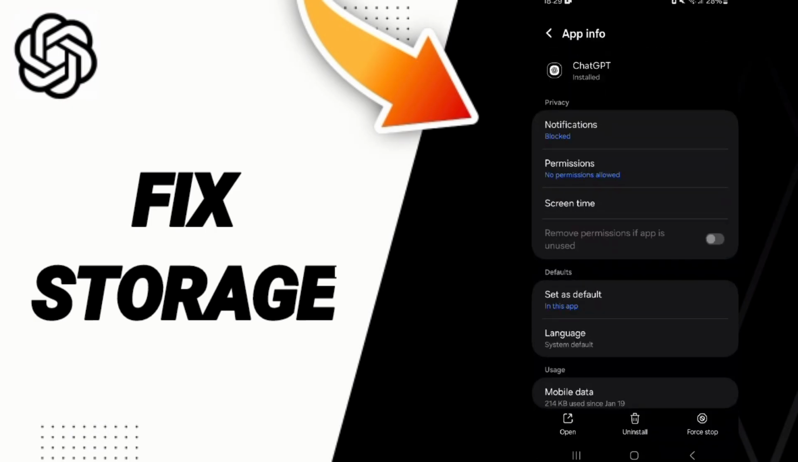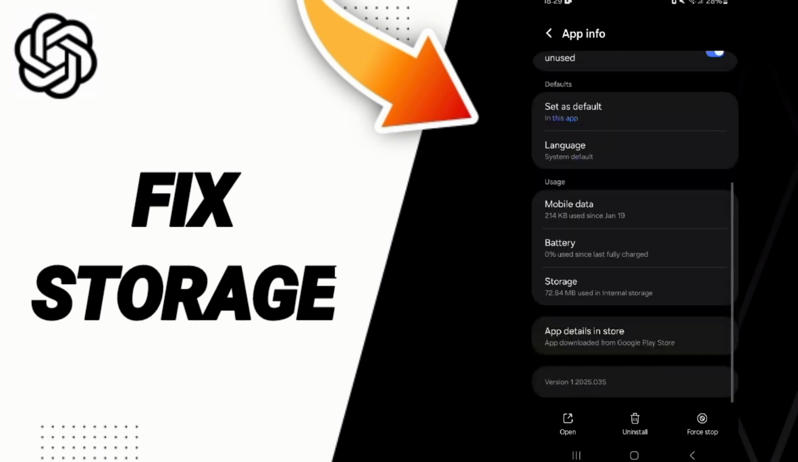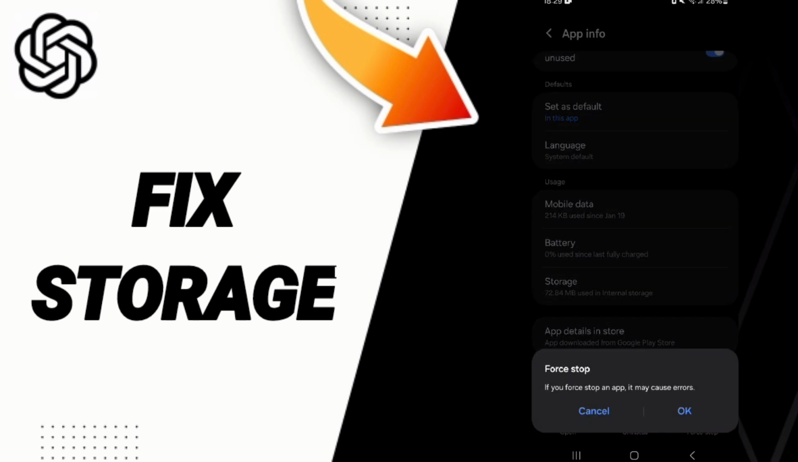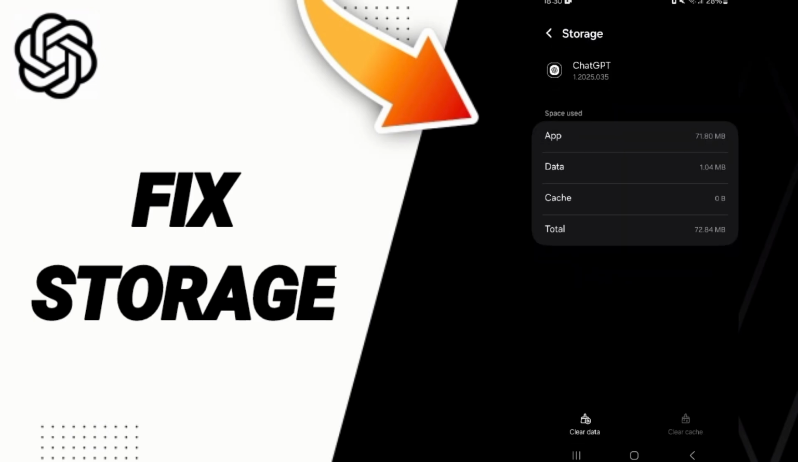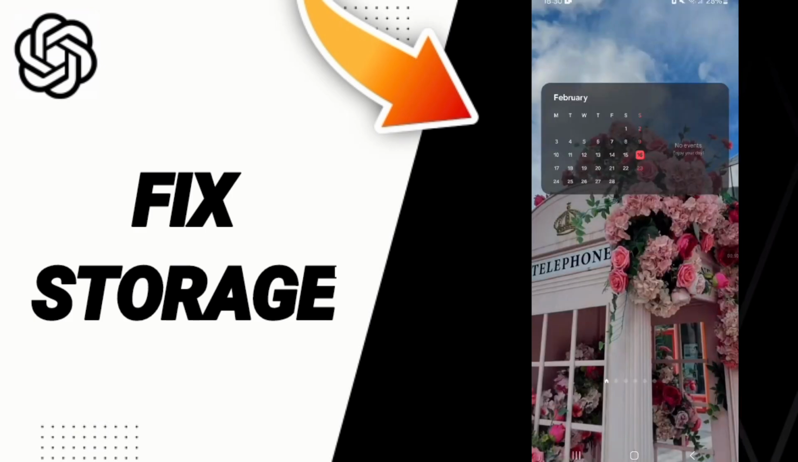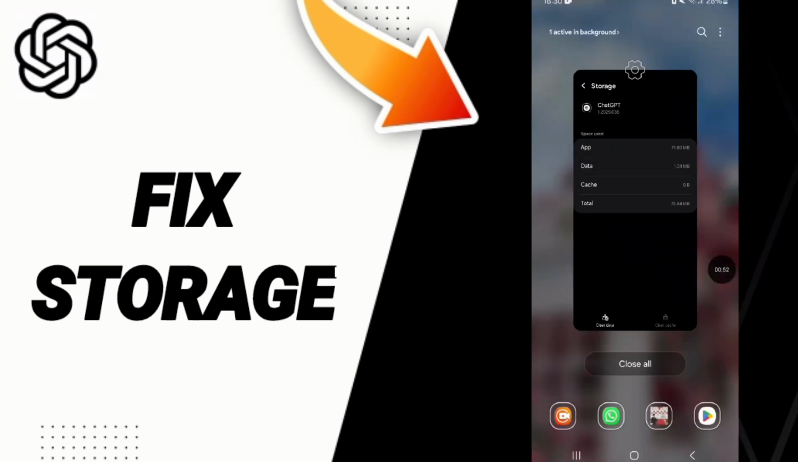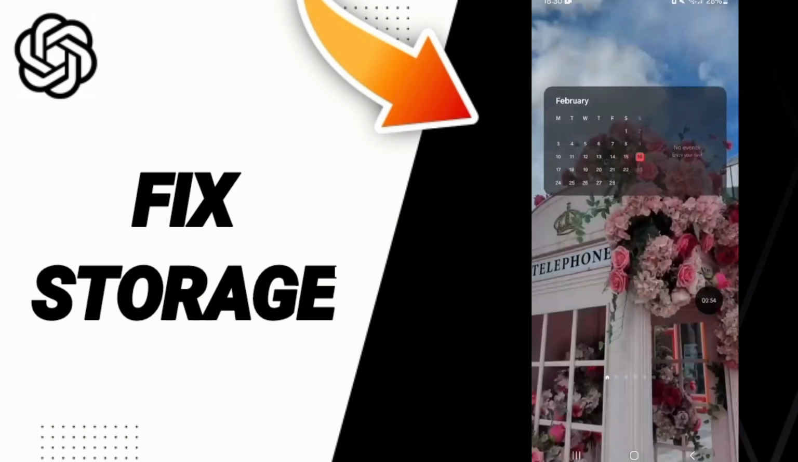In this window here of app info, you will click on first stop and you will click OK. Then you will enter the window of storage. Here we click on clear cache. Then you will turn off your phone and you will wait a moment to restart your phone again to fix